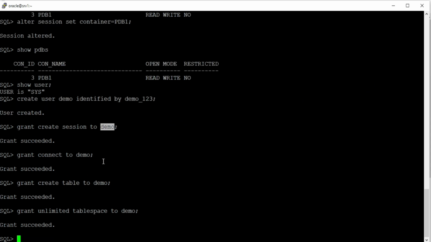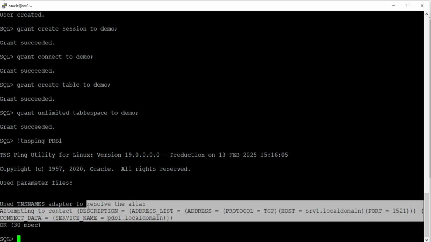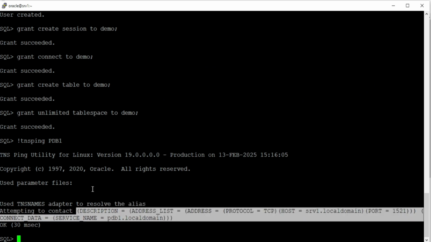Okay, so how will you test? First of all, to connect to any database, you will need a connection string. Suppose you are creating a user and a client wants to connect to your database, they will need a connection string. To check the connection string, there is one command, tnsping, followed by your database name. It will show you the whole connection string. It depends on the tnsnames.ora file on